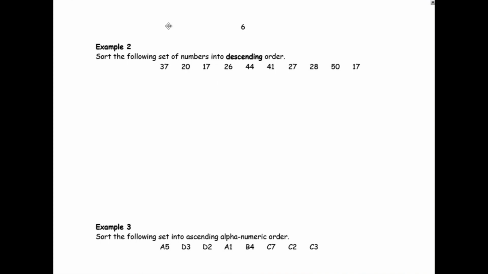In this example 2, we're going to use the quick sort to sort these numbers into descending order. Make sure you read the question carefully as to what order you're putting your numbers into. So we're going biggest to smallest this time. First step is to choose our first pivot. So we're going to choose one of our middle pair of numbers, so either 44 or 41. I'm going to choose the middle left,